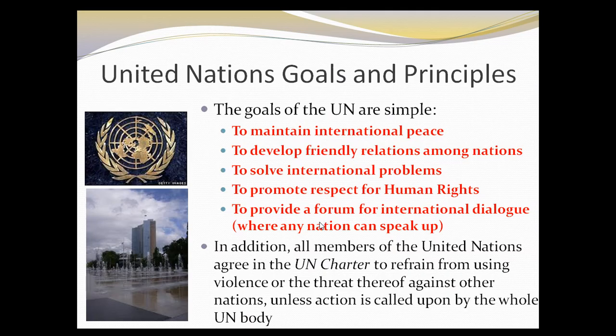There are lots of things that the UN does. We're going to talk more about these over the next couple of days, but they're there to provide peace, to provide friendly relations, to promote human rights, to solve international problems, particularly for countries in the developing world, what we used to call the third world, in Africa and Asia. A lot of those countries really do like the ability to be at the UN because they get a voice that they might not get so much in other organizations like the G20. They also get a lot of their needs dealt with in terms of things like international development, education and social goals. In fact, some of the most successful parts of the UN are those subcommittees that deal with those issues. And we'll talk about them a little bit more in the days to come.